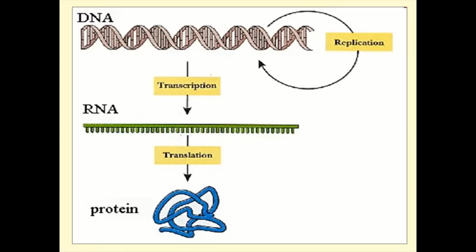So, when DNA copies itself, it is known as replication. Then DNA makes RNA. This is known as transcription. Finally, RNA synthesizes proteins, and this is termed as translation. This is everything you need to know about central dogma. In short, central dogma is the flow of genetic information from DNA to proteins. And you know that proteins are involved in the expression of a trait.